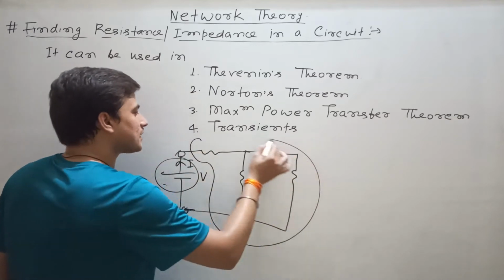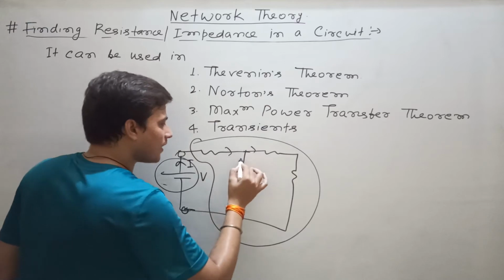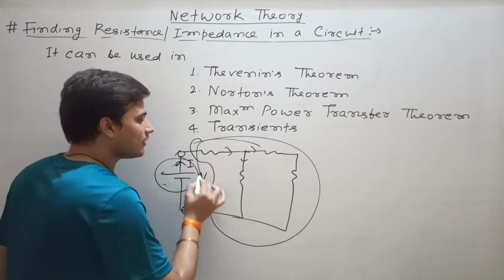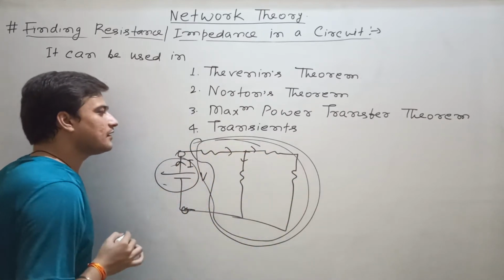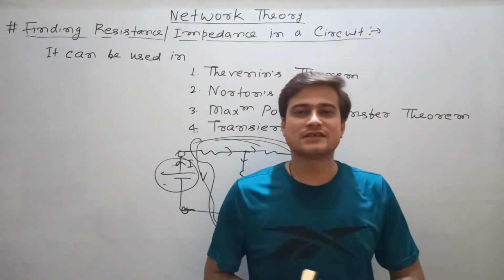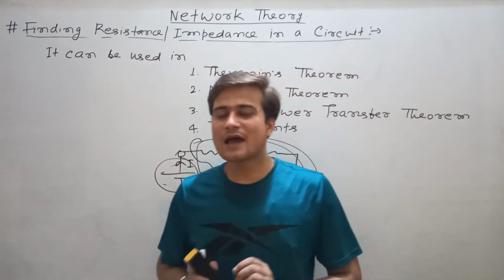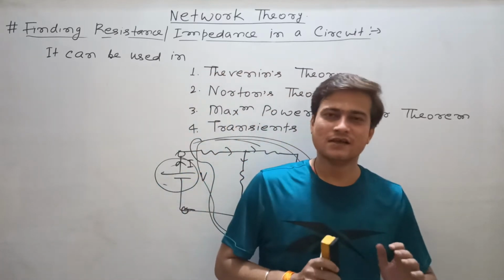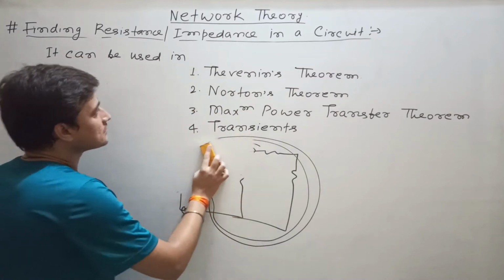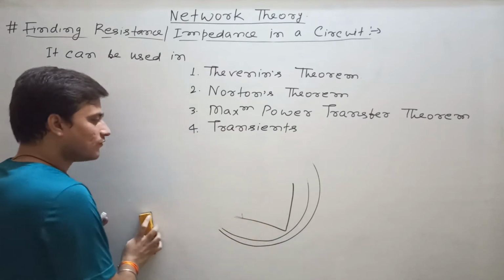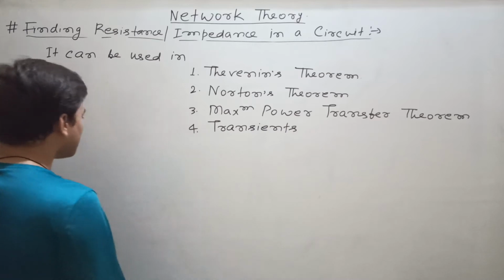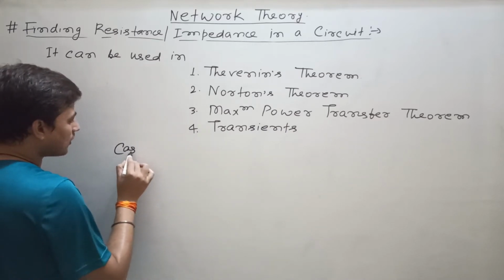Now to find the current, what will you have to do? See here, this is the complete network. The current is being divided into two parts. So for this supply voltage source, you will have to find the equivalent resistance, or if inductors and capacitors are also present in the circuit, then you will have to find the value of impedance. Clear? So let's discuss how to find resistance in a circuit. For this, first I am going to divide the circuit into 4 different types. Clear? So let us write the type of the circuit or case number.